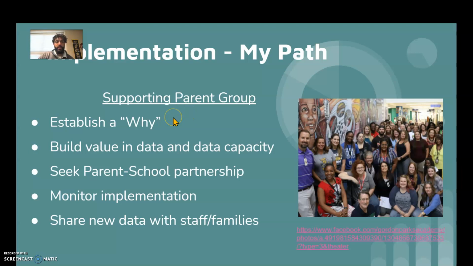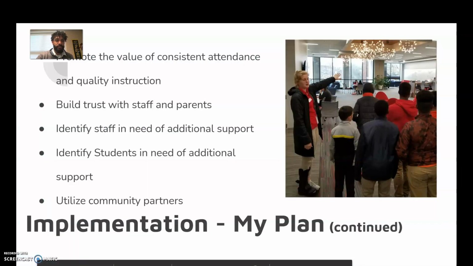And then coming up with different systems of monitoring to make sure that we are not only collecting data, but that we also can see who is following through with protocol and making sure that everybody's on the same page. And then sharing new data with staff and families to show that what we're doing is actually working, and having conversations about how our changes are affecting our building. Okay, other things in implementing our plan would be to promote the value of consistent attendance and quality instruction, building trust with staff and parents to continue to build that